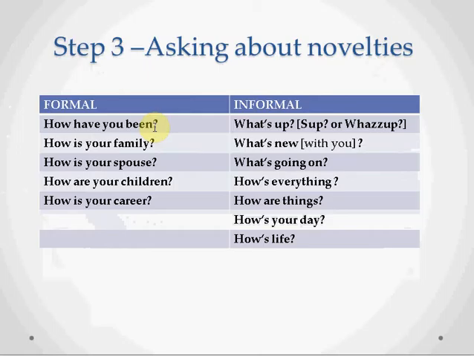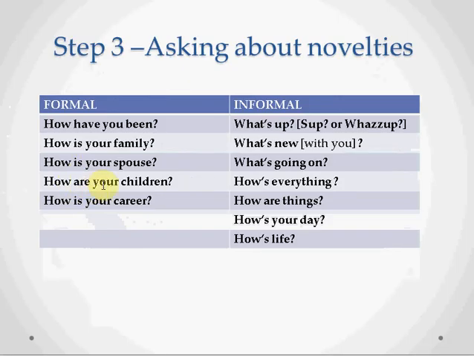We want to know how the person has been, what's new in her or his life. We could ask a personal question like, how is your family? If we're using how's your family, this is very formal and you want to know what is new in the person's family. Or you could ask a question about the person's spouse. The spouse is either a husband or a wife. So here, how is your spouse? How is your husband? How is your wife? You want to know what is new with the person's spouse.